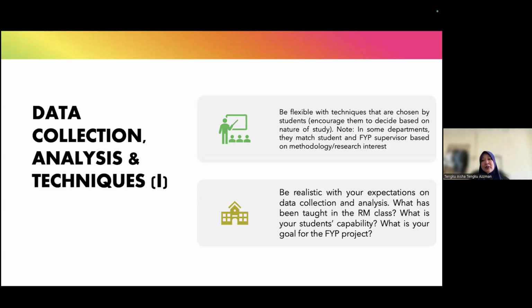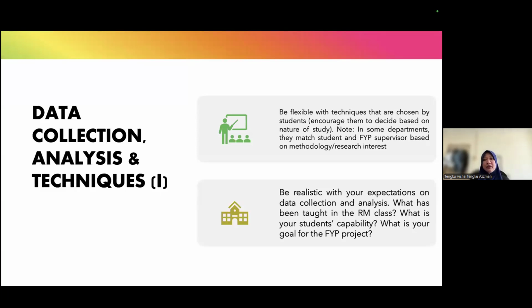And what is your students' capability? So again, data collection and analysis depend on the student's capability. Sometimes students are capable of doing higher and more sophisticated techniques for data collection. So I think you can encourage that. For example, they might want to do multiple regressions or factor analysis or things like that. But if they're not able to do that, that's fine. So I think you have to also assess the students' capability. What are they capable of doing? At the same time, try to motivate them to do analysis because this can be publishable.